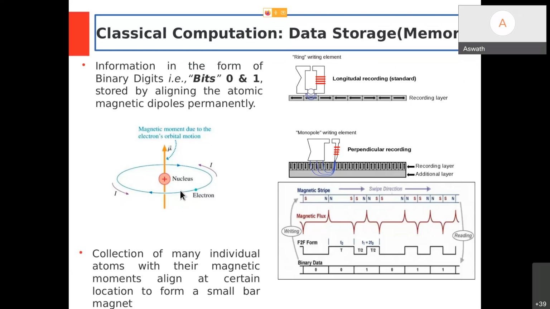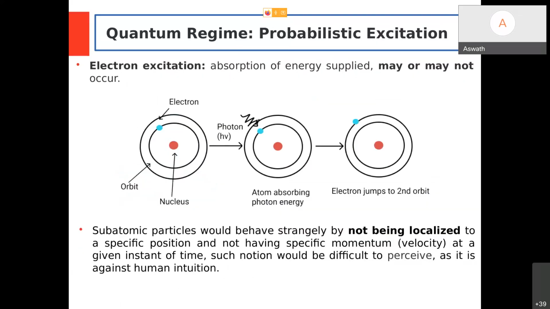Okay, how it is done in the case of quantum computing, let's see. For quantum computing, what people do is take a single atom itself. A single atom means there is a nucleus, and there are orbits around the nucleus. I will take a conductor atom where there is one free electron in its outermost orbit. If I supply energy by sending a photon, this electron can jump to a higher orbit. Obviously, it is held by the Coulomb force of attraction to the nucleus, so it is stuck with some thread.